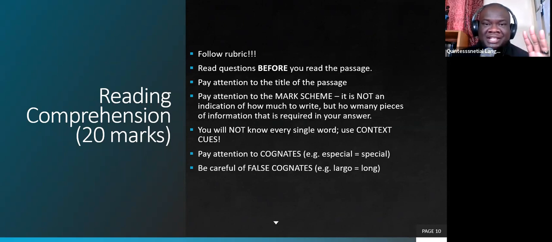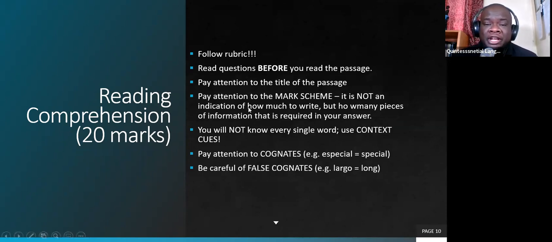So you need to get over the fear that you will not know every single word in the reading comprehension passage. That is a fact, and that's a fear for some persons. You need to get over that. Now, I'm not saying that you should know as few words as possible in the language and feel confident. By all means, no. What I'm saying is that even the best student will not know every single word. You need to build your vocabulary for the reading comprehension, but you won't know every single word.